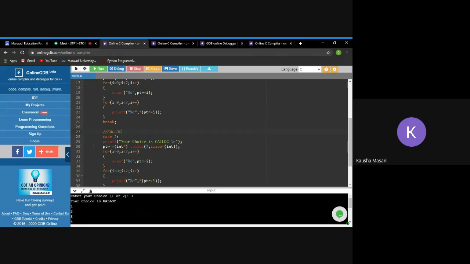Because by directly passing the value 7, you are making your program static. Yes, ma'am. So take that value of 7 as n, and the n value is to be given by the user. So that is the only one update. Rest of the things are perfect. Good.